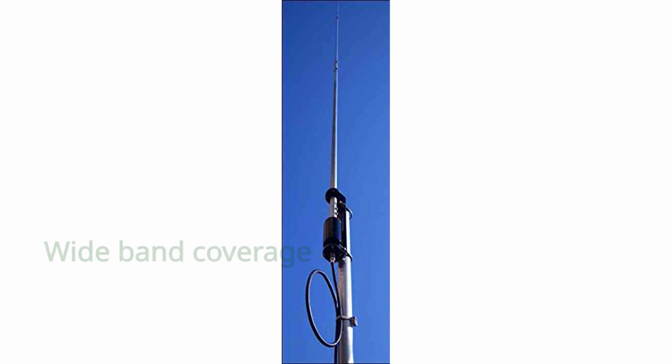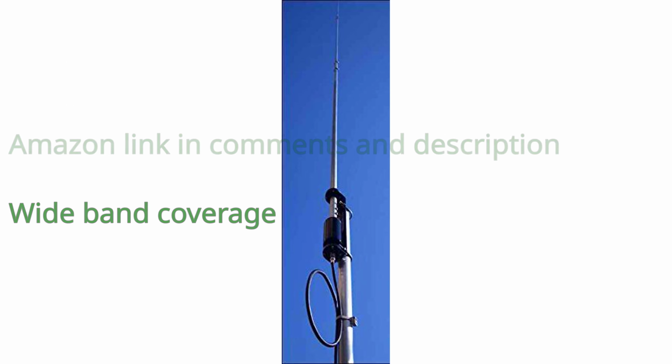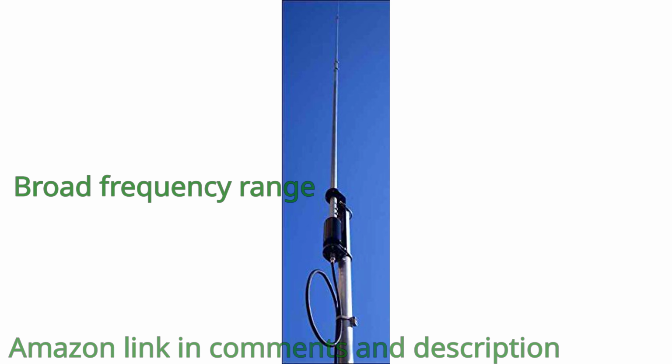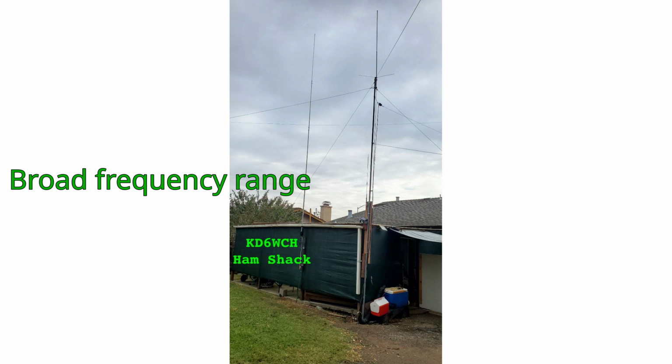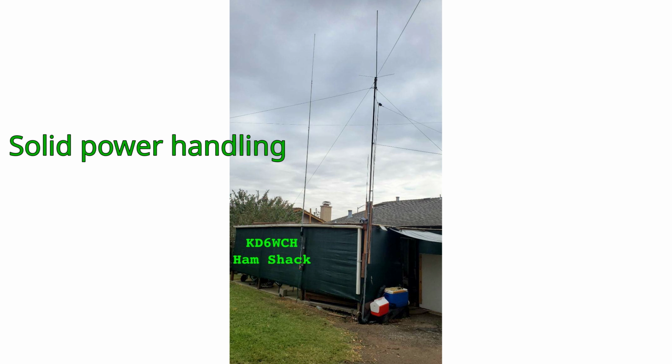The Harvest Wireless Out 250B antenna offers wide coverage across popular high-frequency and 6-meter amateur bands, making it a versatile choice for base station operators. Its transmit and receive range from roughly 3.5 to nearly 90 megahertz allows reliable communication on many bands without constantly changing antennas. The antenna is designed with a power handling capability suitable for typical single sideband operation, giving hobbyists confidence